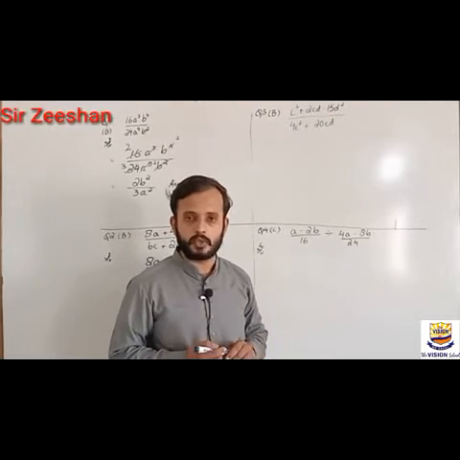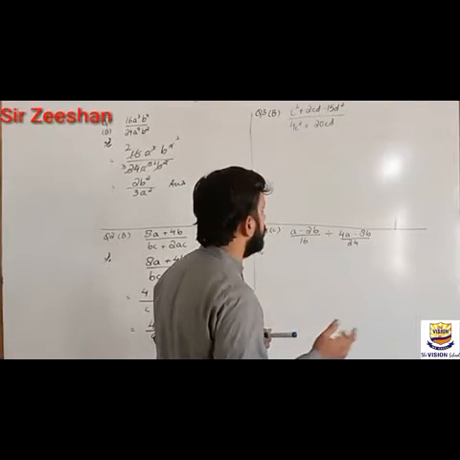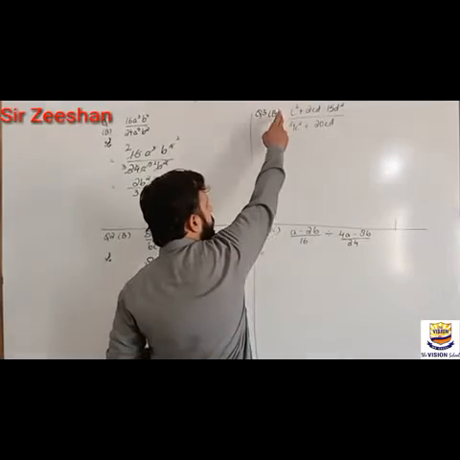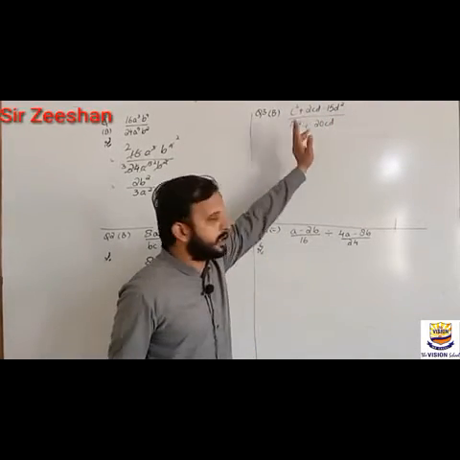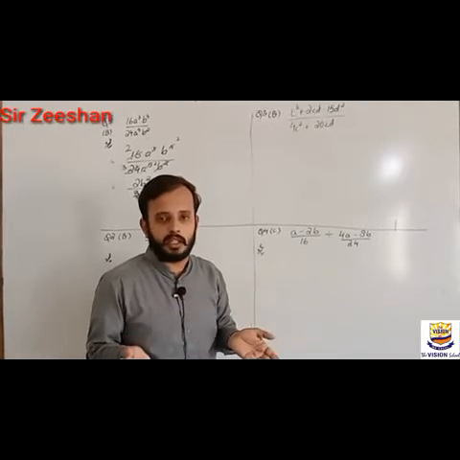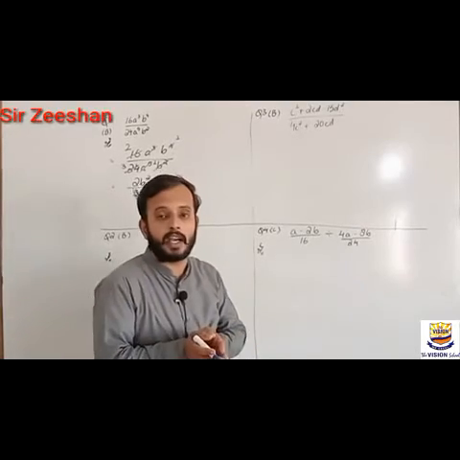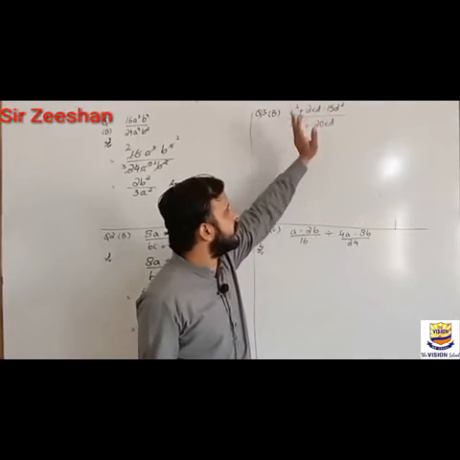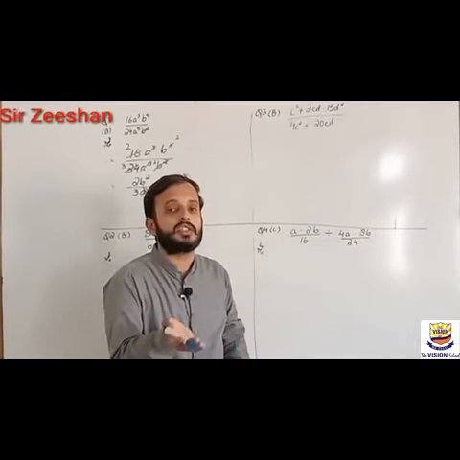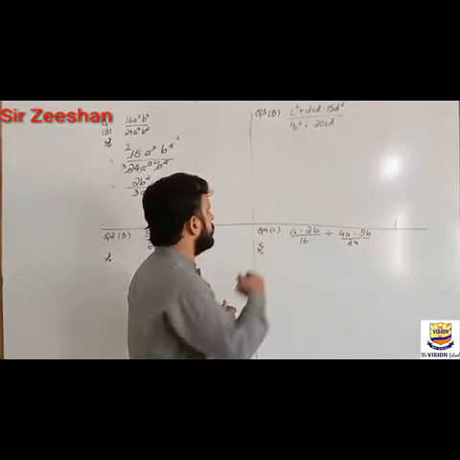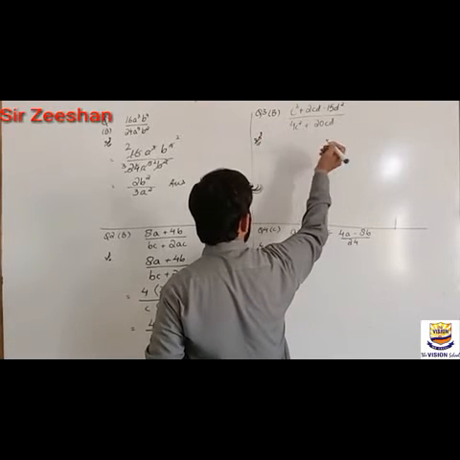So what are we supposed to do here? We are supposed to follow the middle term breaking rule. So let's do that. In middle term breaking, you know that we multiply the first term and the last term, and whatever the answer is, we break the central term or mid term in that manner. If we multiply it, the answer is the product of the first and last term, and if we add or subtract it, the answer is itself, that is 2cd. In factorization, I told you, do whatever with the question, but your answer should be one step back. So let's solve it. Let's break the middle term, and we'll solve the denominator also by taking common.